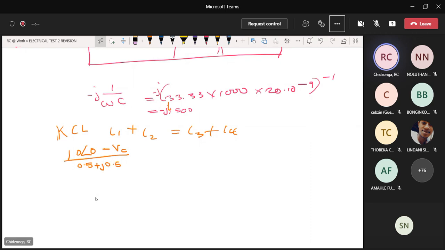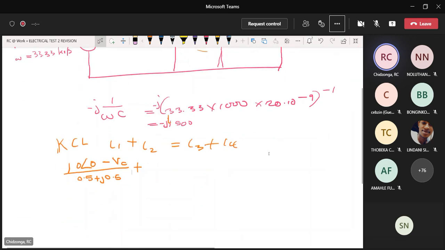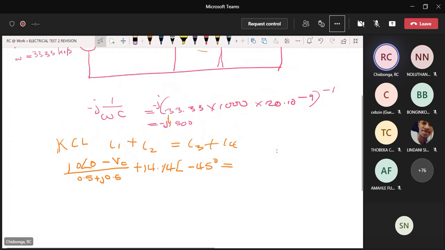So that means that current is now in milliamps. Plus I2 is given, this 14.14 angle minus 45. So this one is 14.14 angle minus 45 degrees equals to